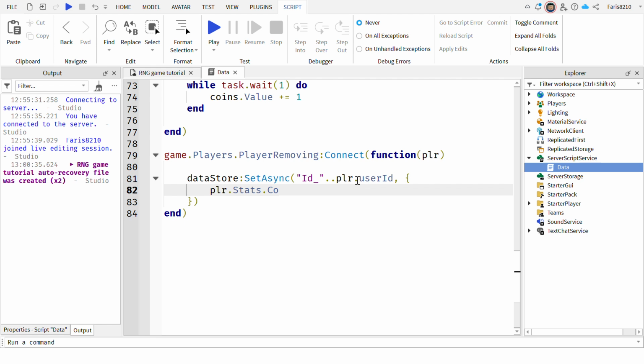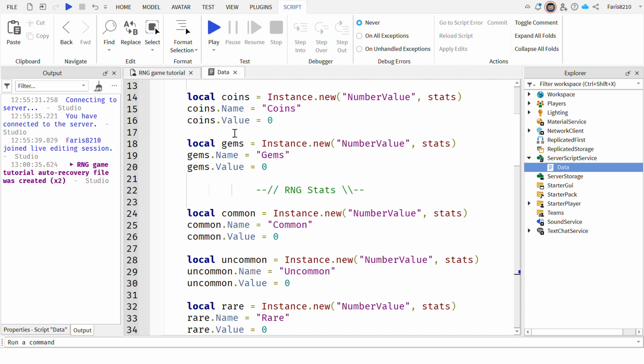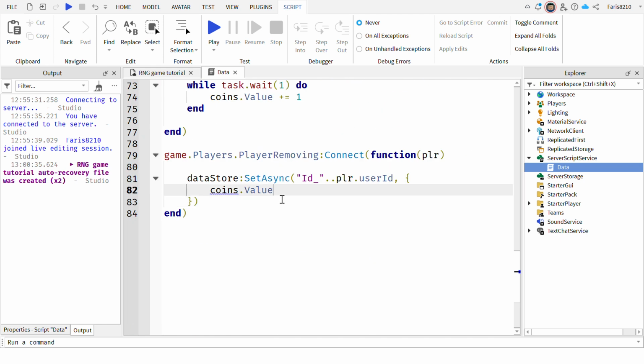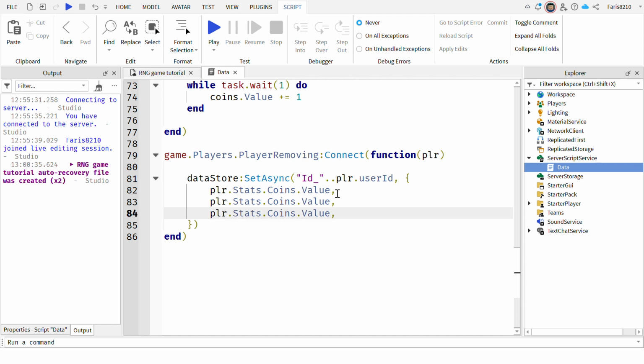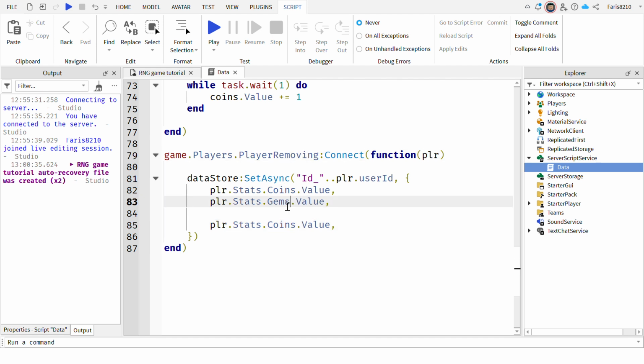So this time you can't just write point dot value. This one won't work because this point value is just a shortcut here. As you can see here, we're going to have to write the whole thing, which is player dot stat dot point dot value. Don't forget the comma, and just copy paste it for all the stats basically. So just get rid of this, to gems. This can be common,